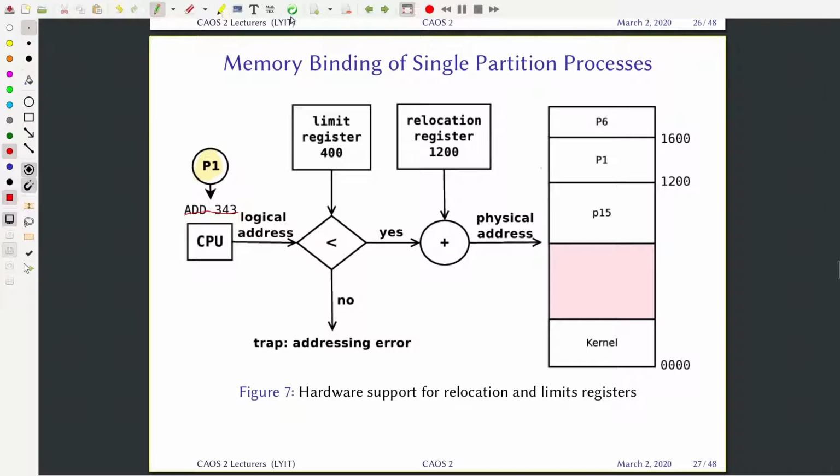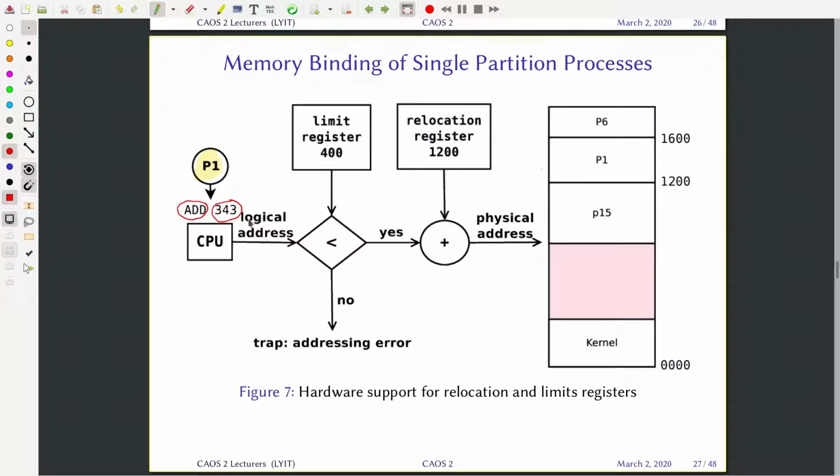Okay, so that is the machine code instruction add 343, where you have the instruction itself, which is the operator, and then you have the operand. So if we were naive, we might imagine that this is just saying to the CPU, add the integer 343